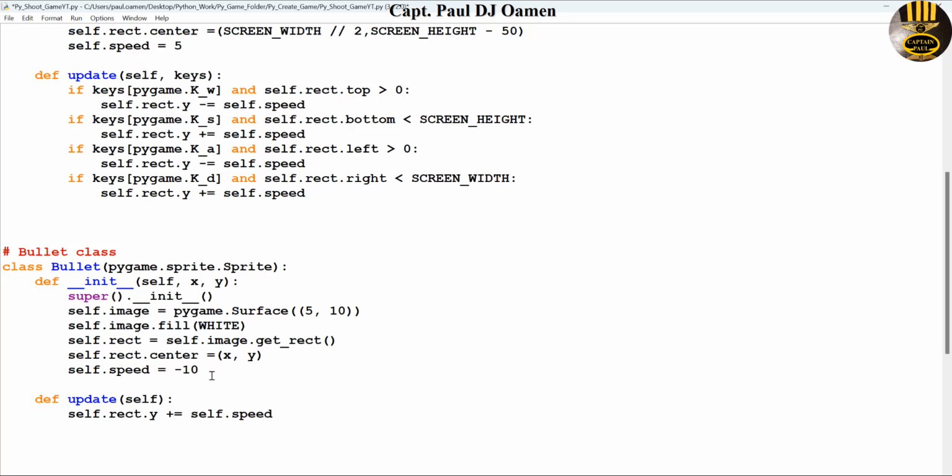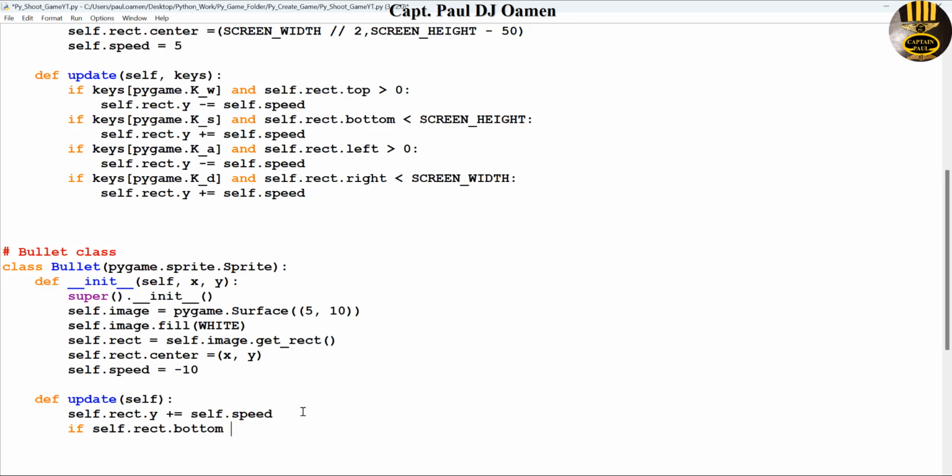That is fine. And if the rectangle is at the bottom, so use an if statement: if self.rect.bottom